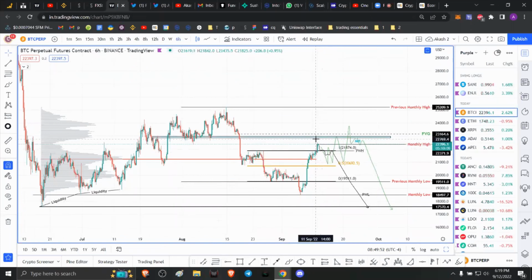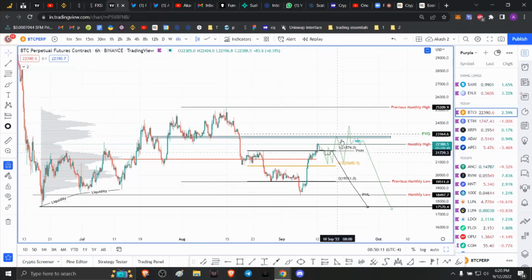Although Bitcoin price is going to consolidate for quite some time, there might be another scenario, right? Instead of the price directly dropping down, it could consolidate for quite some time over here, fill the FVG at 23.16 and then drop down, right? Regardless of how the price drops down, I feel like the overall narrative for altcoins should be bearish, especially for